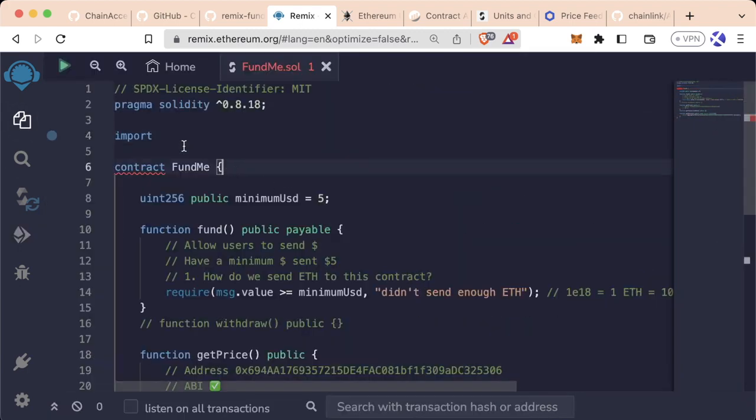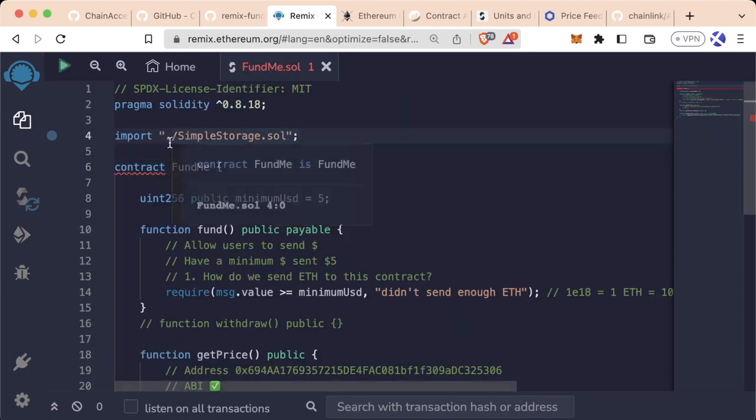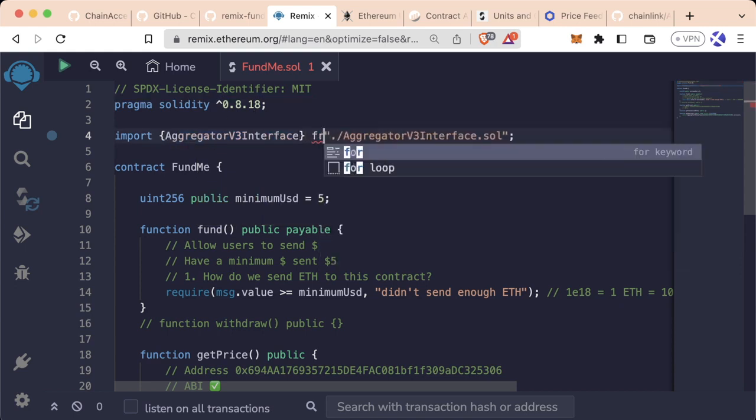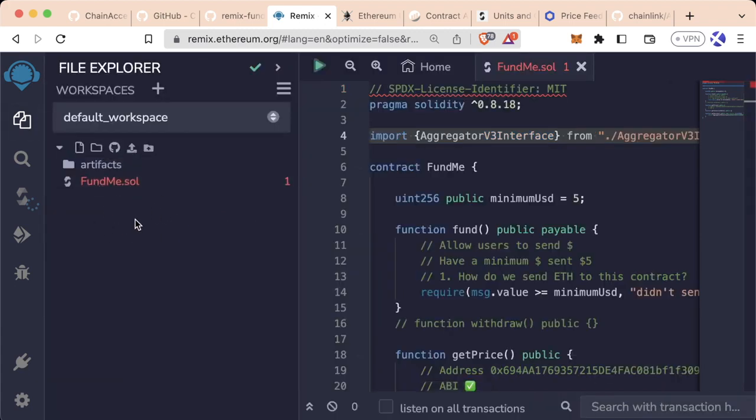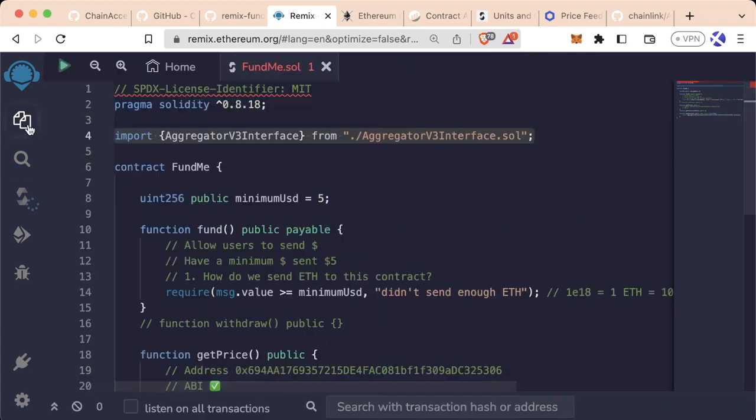We don't have all the code locally. We didn't create the aggregator v3 interface. We didn't create the price feed contracts. So can we do something like import simplestorage.sol, but with a contract outside of our project? Well, again, we could copy paste it to its own file and import aggregator v3 interface.sol. And of course, we're going to use this named import syntax because we're awesome developers. We could copy paste it like this and do exactly what we did before. We could create a new file called aggregator v3 interface, paste the code in there, or we could actually import